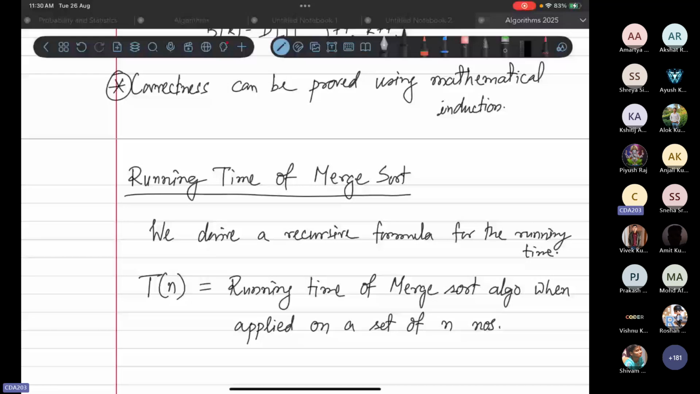N for loop and log n for binary search and log n for loop and log n for binary search